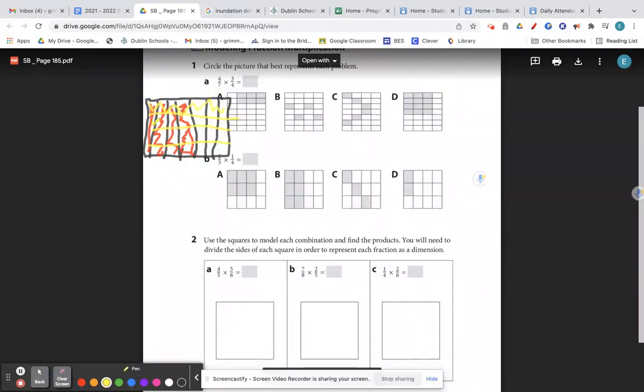1, 2, 3. And so how I get my answer is, well, how many are shaded yellow and red? So I'm going to just make these more defined so you guys see them. So right now there's 1, 2, 3, 4, 5, 6, 7, 8, 9, 10, 11, 12. So those are double shaded, the red and yellow on top. And then